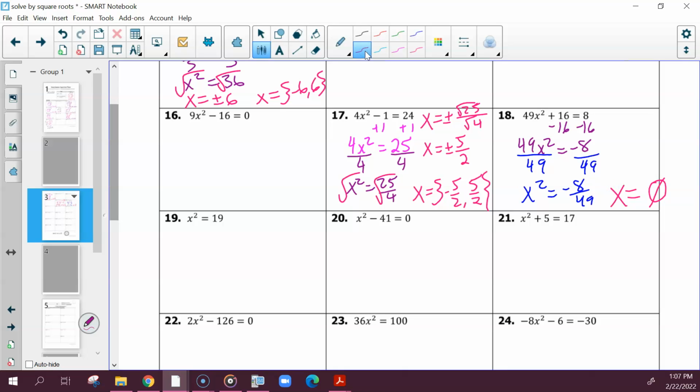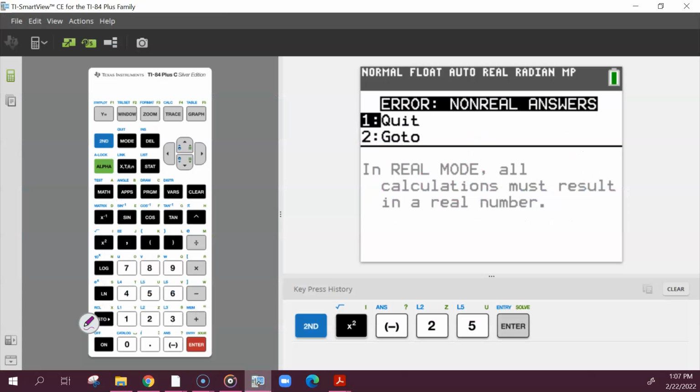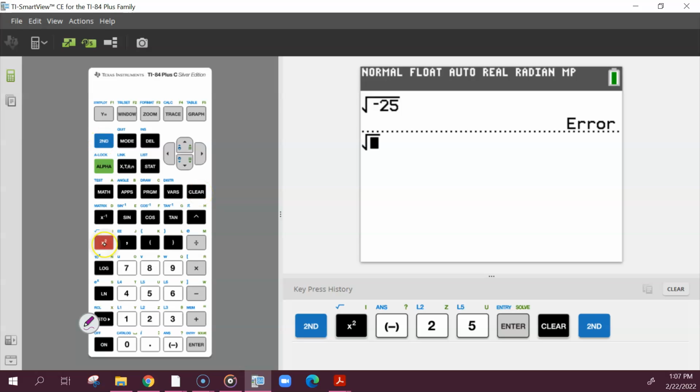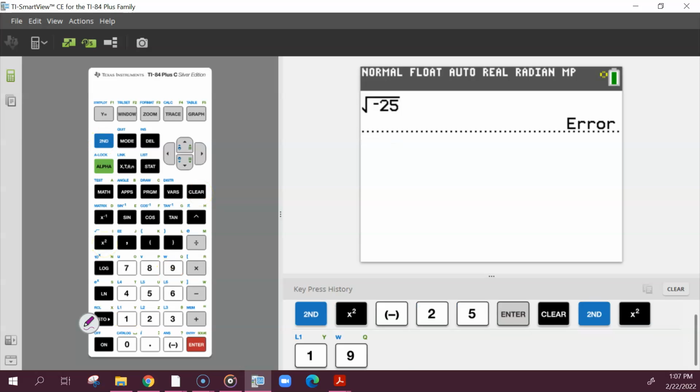Okay. Let's jump to 19. Now here, your x squared is already isolated, and the only thing left for us to do is to take the square root of 19. And in your mind, you're probably thinking, well, 19 is not a perfect square, right? And you are exactly correct. So what we're going to do is put that in our calculator. So here, square root of 19. We're going to get decimals because it's not a perfect square. And we're just going to put, let's say, 3 or 4 decimals. So 4.359